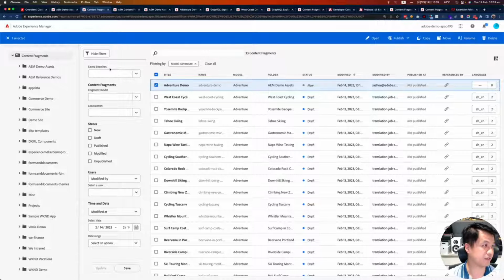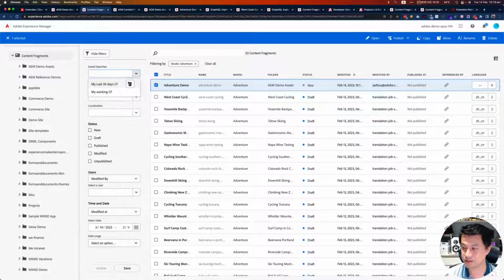One of my favorite features is called Save the Search. Similar to the concept we had for smart collections, it allows me to define a virtual workspace to focus on. For example, as a content approver, I can be shown in the last 30 days or last 7 days how much content has been approved, created, and published. This interface gives a lot of possibilities for the personas who engage with content fragment content every day.